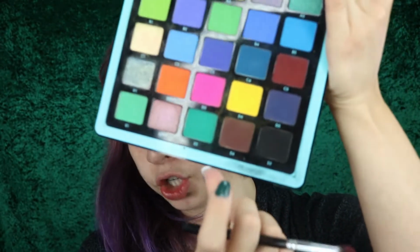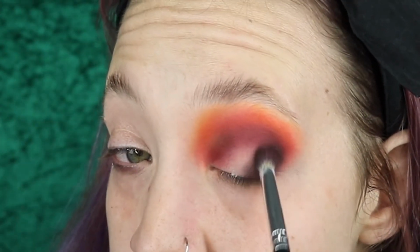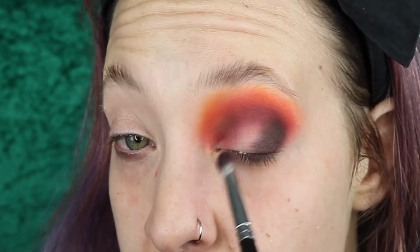Now we're going to go back to that little pom-pom brush, and I want to deepen this outer corner just a smidgen. So what we're going to be picking up is this chocolatey brown shade here, and I'm gonna tap back and forth between that and chocolatey brown. So you can see that I took that color and we stippled right here on the very outer corner, not going any further than where the burgundy was initially placed, and we did start dragging it here into the lid. I'm gonna leave this area right here open because we're about to carve that out,